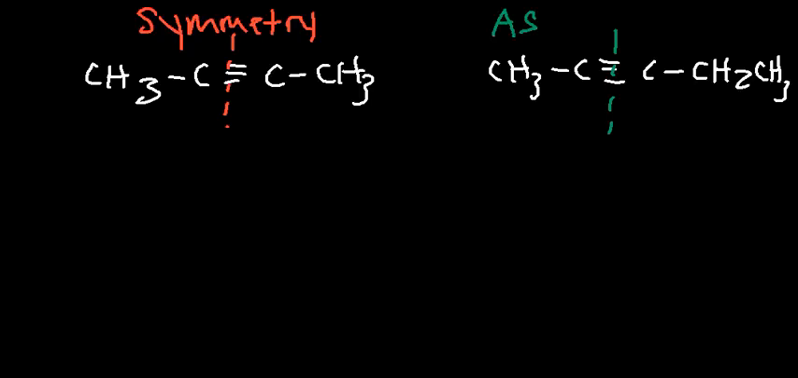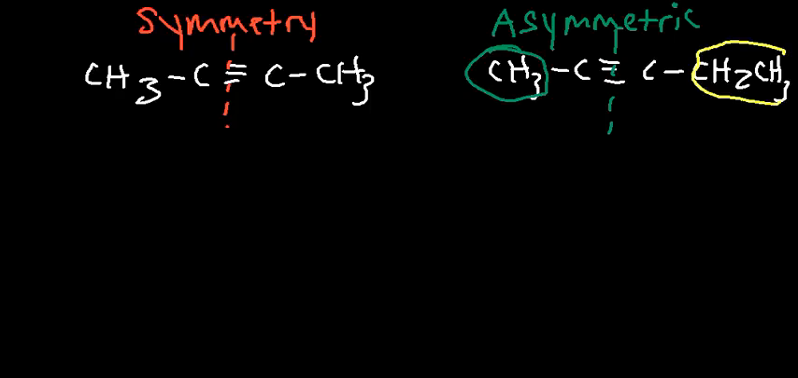So we're going to say it's asymmetric. As we can see here, we have a methyl group, and here is an ethyl, so they're different. But here we have two methyl groups which are identical, so that's why we have symmetry. And whenever you have a symmetrical carbon-carbon triple bond, there's no dipole moment, and therefore, if there's no dipole moment,